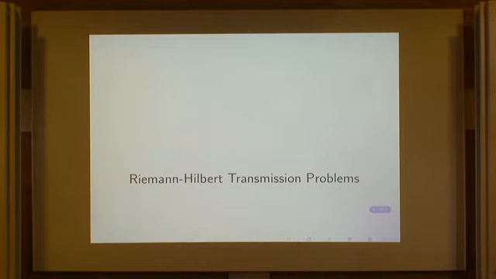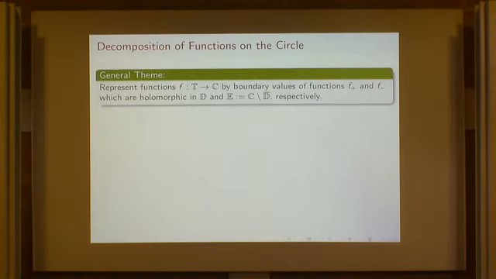Okay. So now we change the class of problems. So far we had boundary value problems, and now in the last part we consider these transmission problems. Now we have two unknown functions. And there's a general theme which is related to this problem. Namely, we have a given complex function on the unit circle, and we would like to represent it